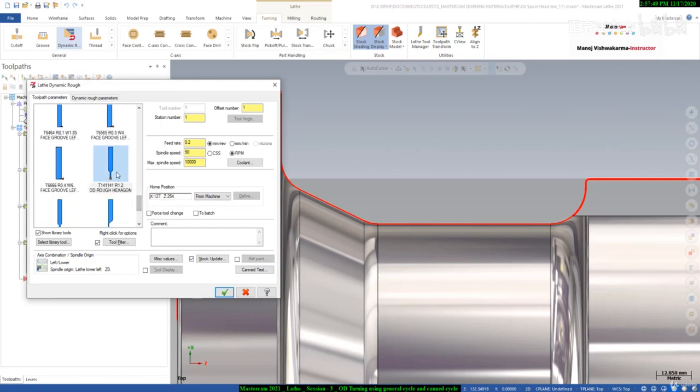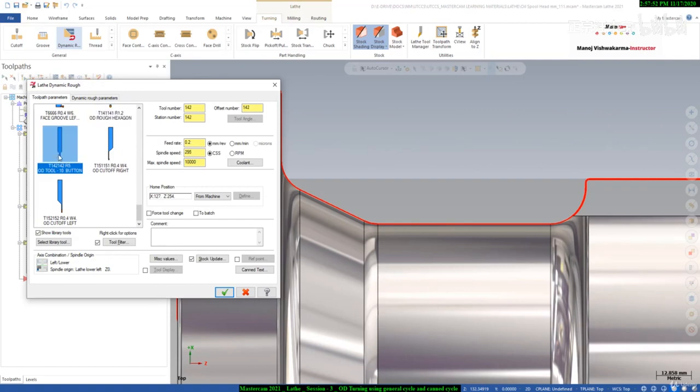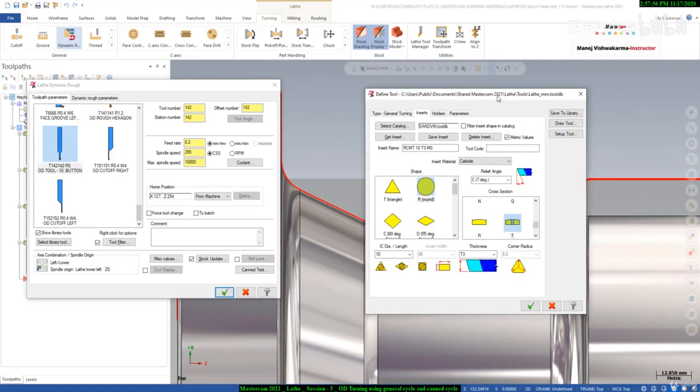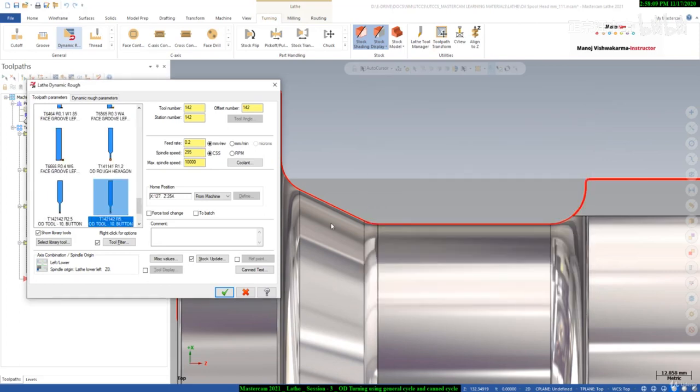So you can see this one, not that one, this one is the button tool. So I will double click, and here you will get the history of that insert. This is a round insert, and here we can customize the insert diameter. So we'll use a 5 mm insert. Okay, and we'll give the tool number, that will be third number, and feed rate 0.1, RPM we can give